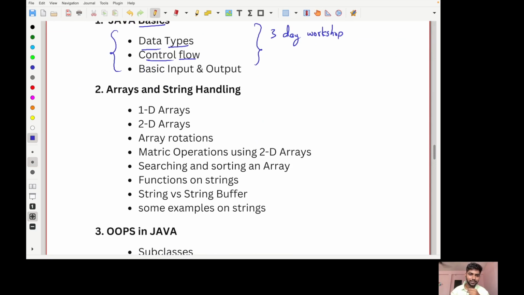We never touched 2D arrays and array rotations, matrix operations like that, because it is just a 3-day workshop. Now we have the privilege to cover all these topics, which will all come under Java basics only. Arrays and string handling, matrix operations using 2D arrays, searching and sorting in an array, like in your